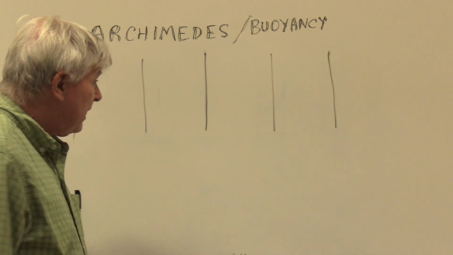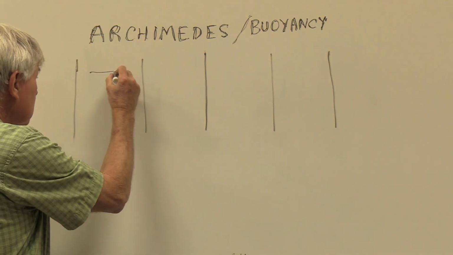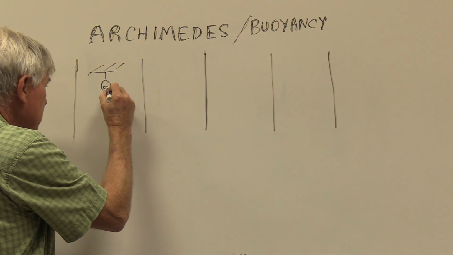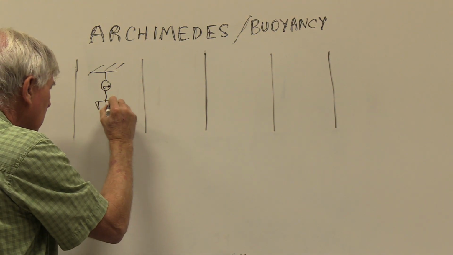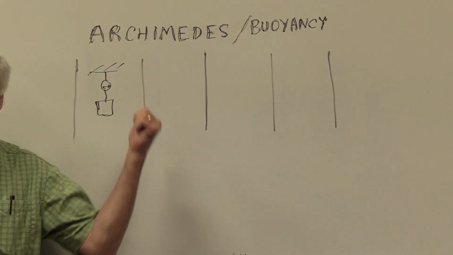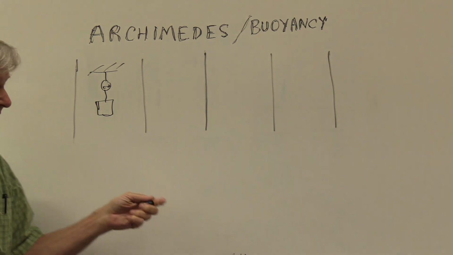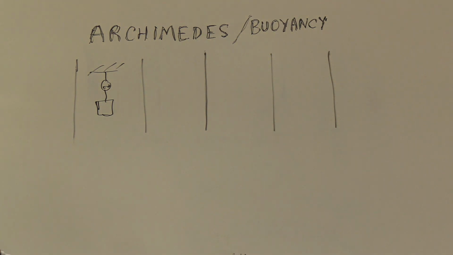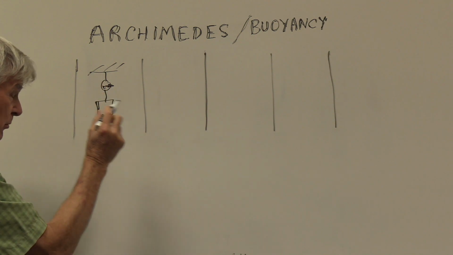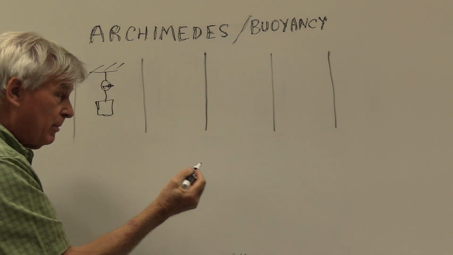We'll start off with the idea that some object is simply hung on a spring scale attached to the roof of the ceiling, and we'll draw the free body diagram for that. We have a spring scale here, and I have a pointer showing some register of some weight. So the free body diagram